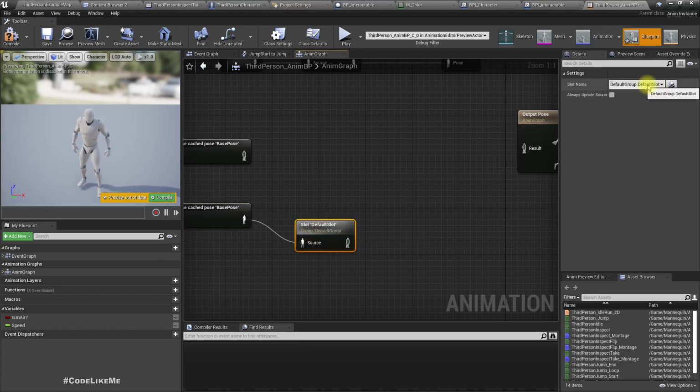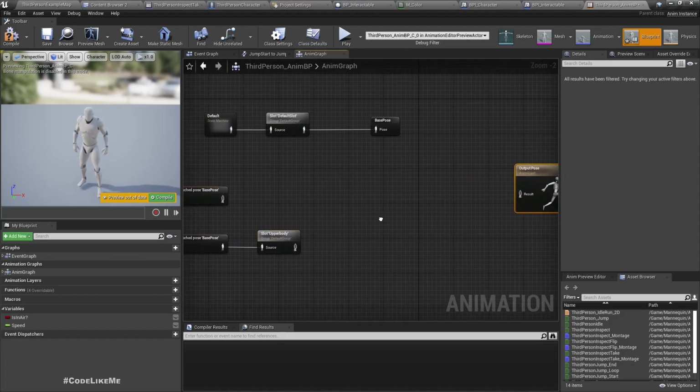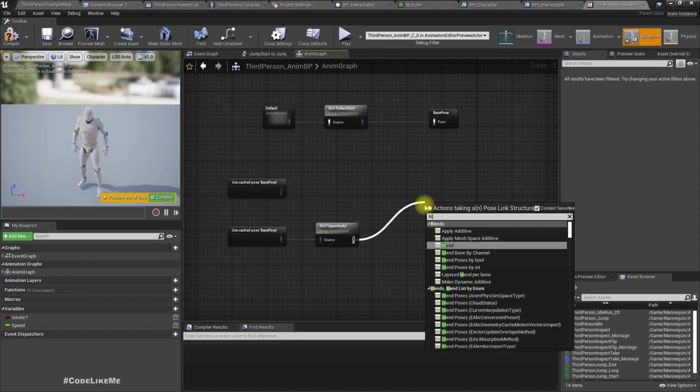Here select the upper body and we have to do blend